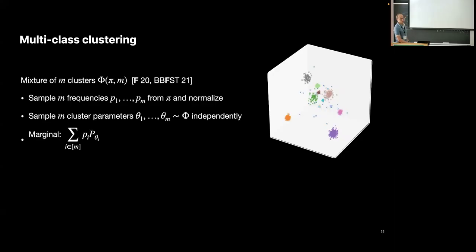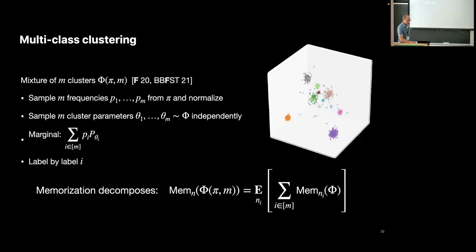And then the marginal will adjust the mixture of these clusters with these parameters, with the frequencies that we've chosen. And we'll label them randomly, each with its own label. That is a less significant choice. We can do other labeling strategies, but for simplicity, let's think of each having a different class. So for this